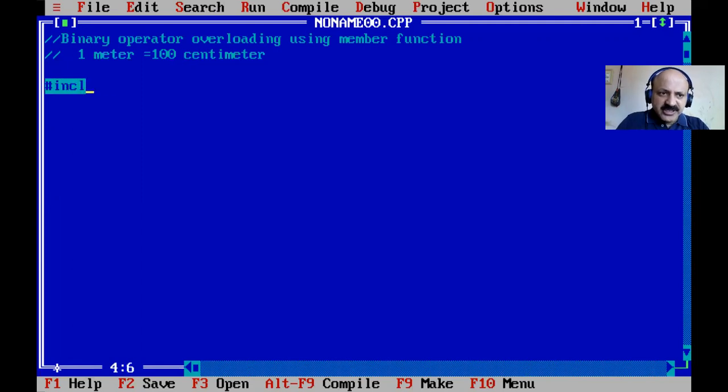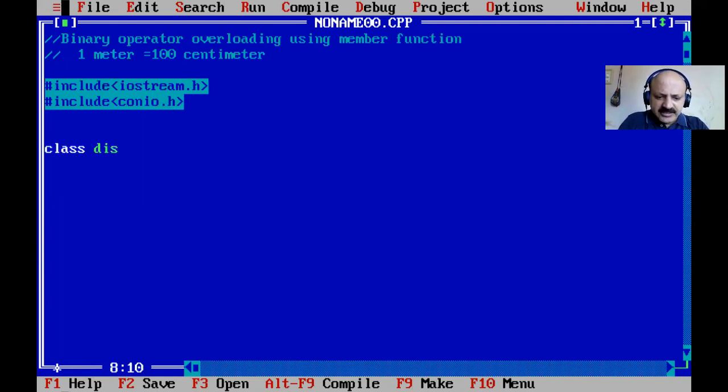Okay, so we can apply this formula. First I include the header file iostream.h, and then the console input output header conio.h, and our class is Distance. We declare the class and take the measurements.